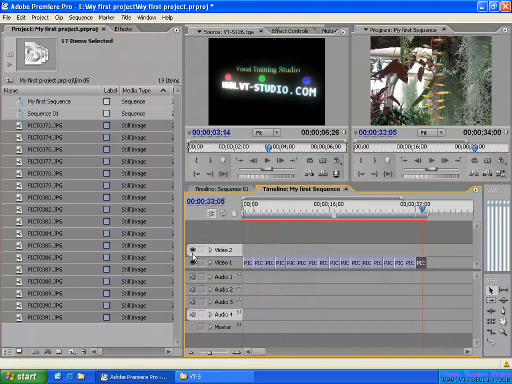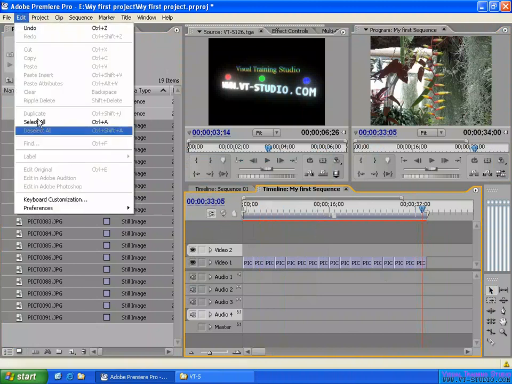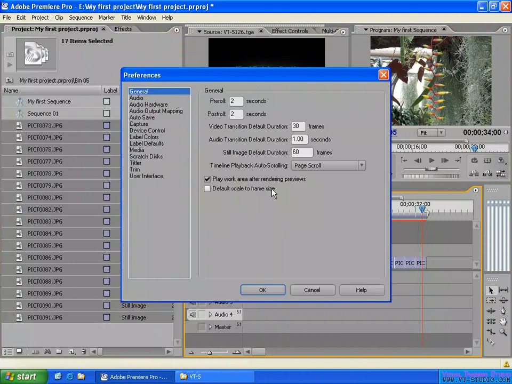duration here. This is why, when you are importing something, a video or still image, you have to take care of the duration for them, for the still image. And here for the video and still image,